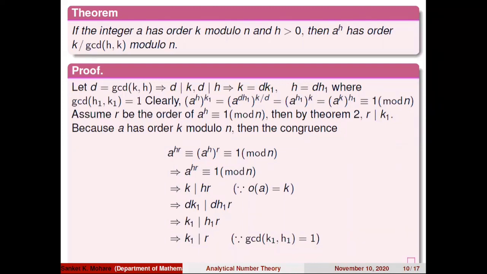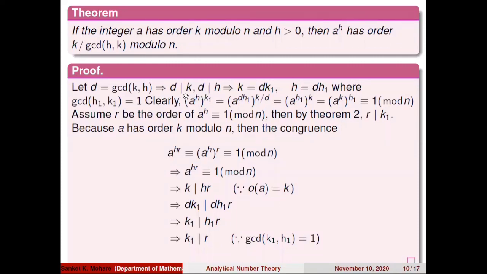So we know that in UG you studied number theory. There was a number theory paper also in UG. So in previous chapters there is a result: if d is equal to GCD of a comma b, then d divides a and d divides b. Okay, so using that result, here d is equal to GCD of k comma h. This implies d divides k and d divides h.